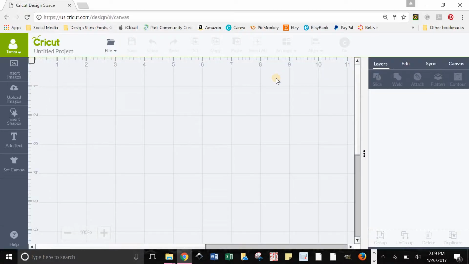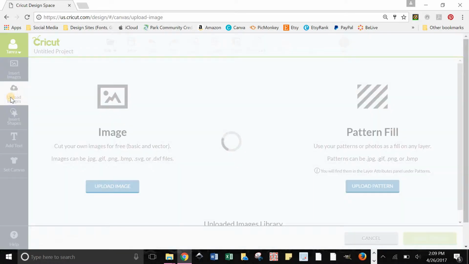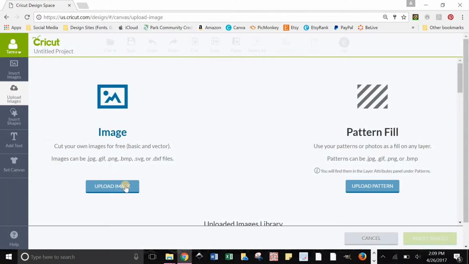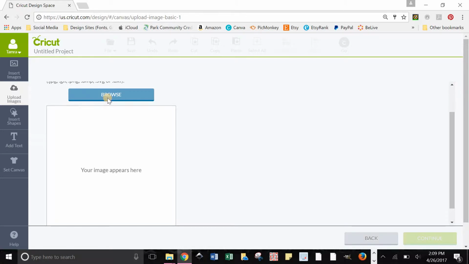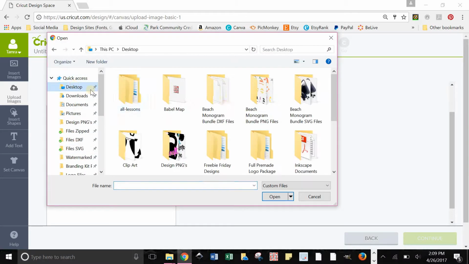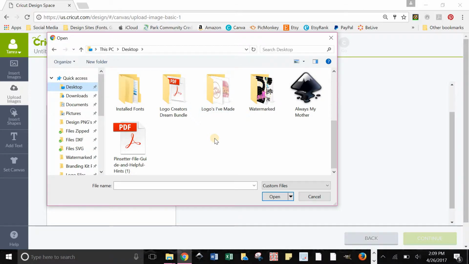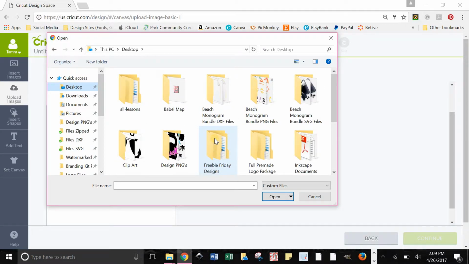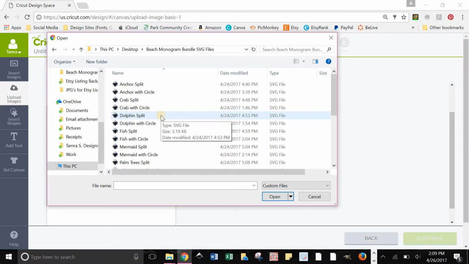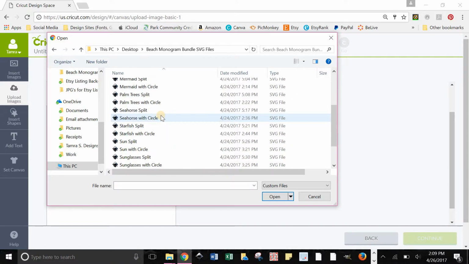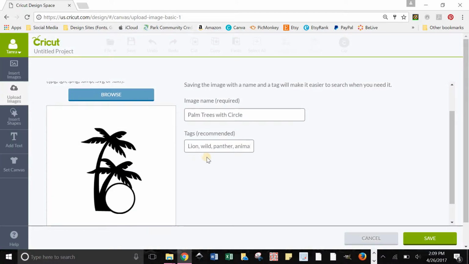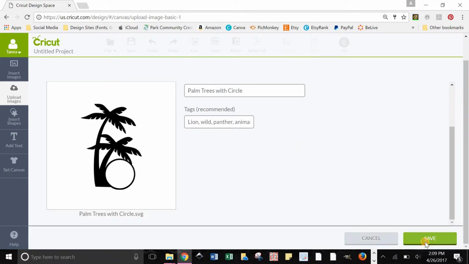To bring an SVG file into Cricut Design Space, you'll pull up your project and go to Upload Images. You'll click Upload Image, and then you'll want to browse for your file. Mine are on my desktop. I'm going to go into my SVG files, and I think I want to open up the palm trees with the circle. So we'll double click that, and there's my image. Click Save,